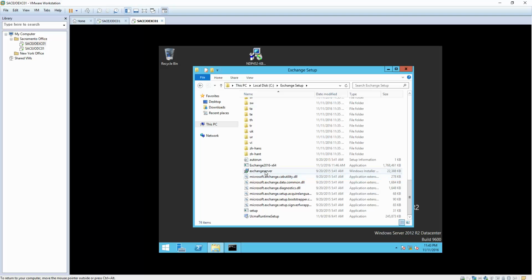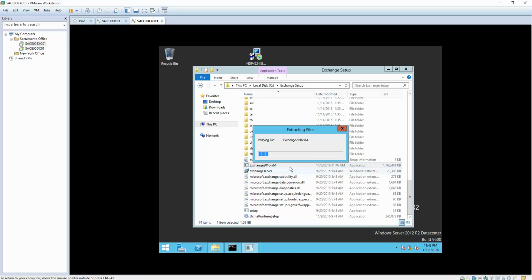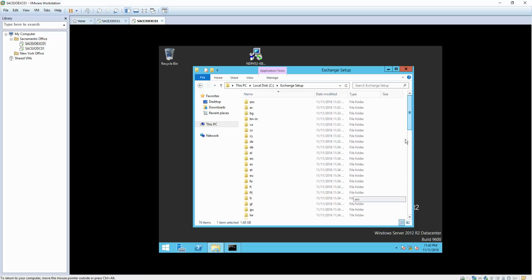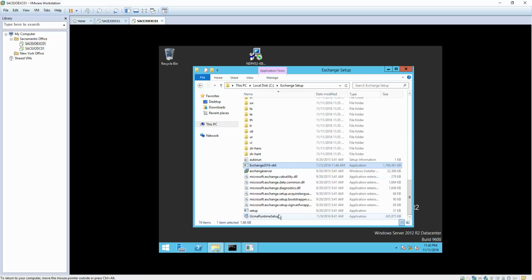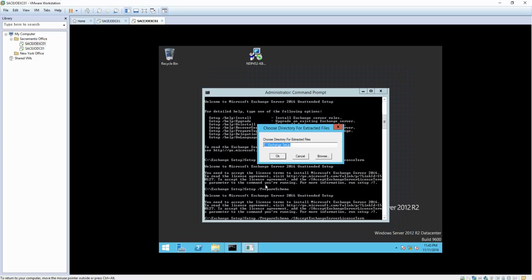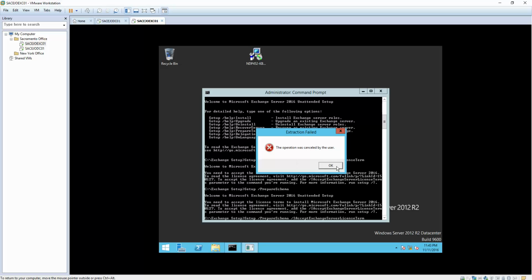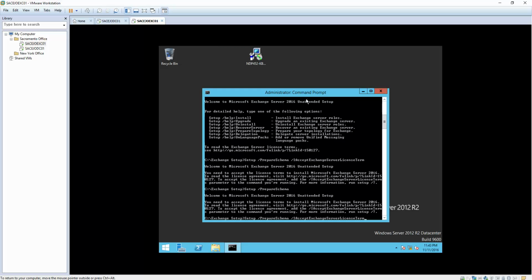So this was the application that I downloaded from Microsoft, and if you double click on it, it is going to extract your files. Once you extract it, it's going to extract to the desired location, and then you will have all setup files ready. So once you have it, you can simply go to CMD, which is command prompt, and then you can simply type